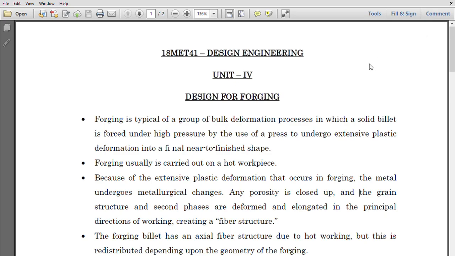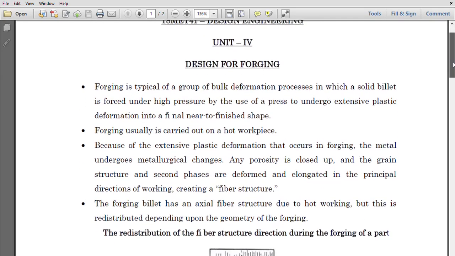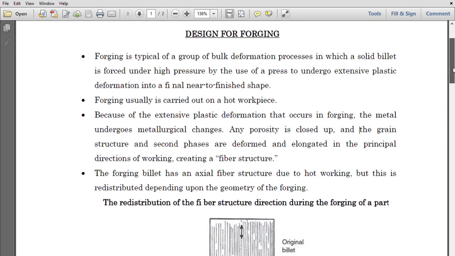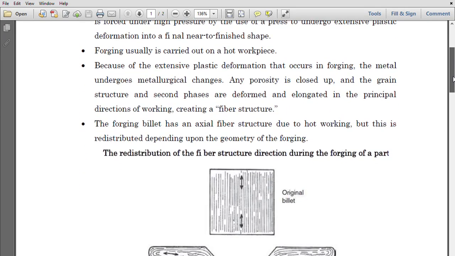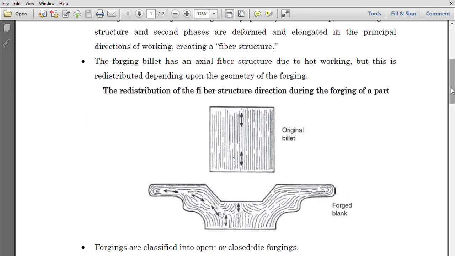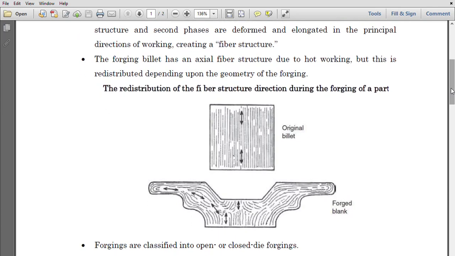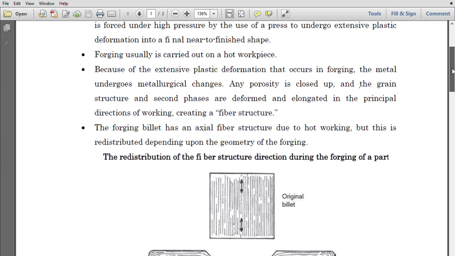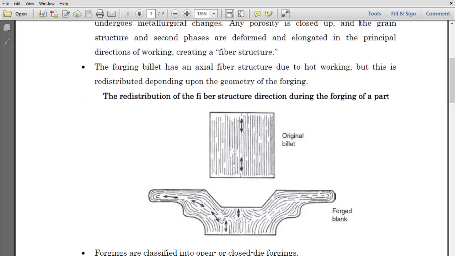Good morning, students. Today in this lecture we are going to see the design for manufacture guidelines for design for forging. First of all, what is a forging? Forging is a metal forming operation in which a billet is made to get the shape of the dies by giving localized stress on the hard material. So in this figure we can see that this is the original billet, and after applying localized stress on this hard billet, it is found to attain the shape of the die.